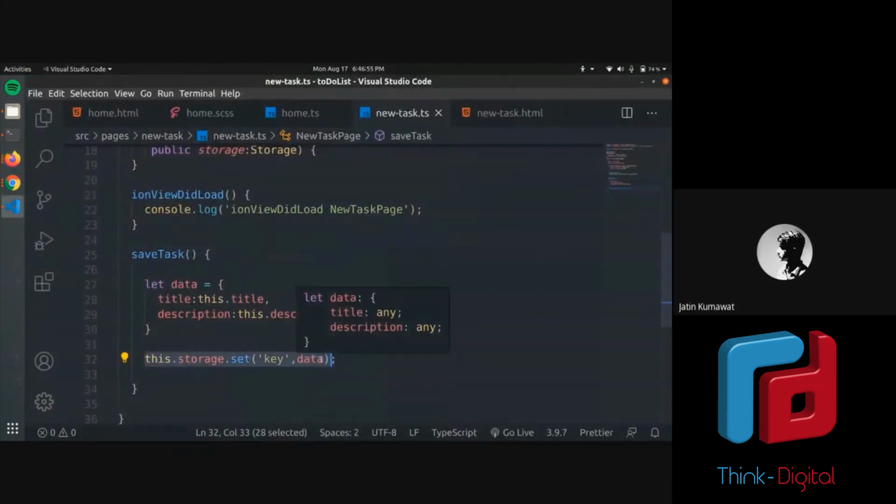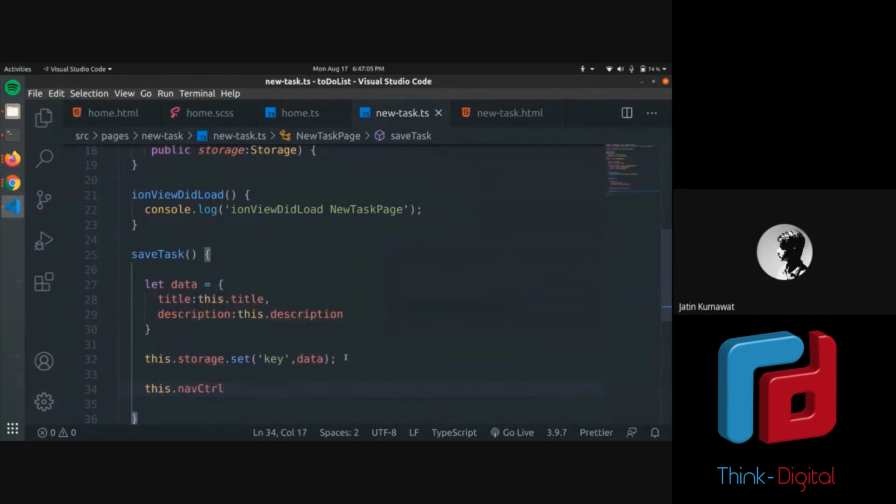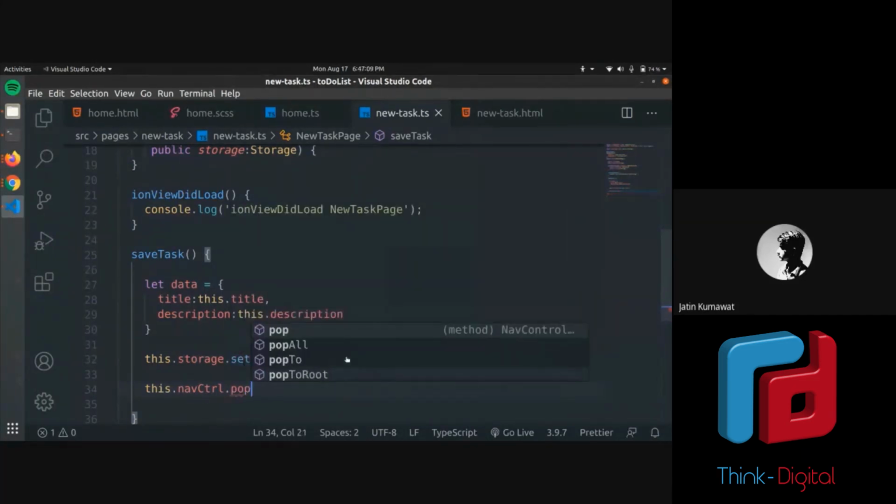Just make sure, because the compiler will read from top to bottom, executing line by line. I will just write this.navCtrl.pop. So what does pop do? It pops the page from the stack.